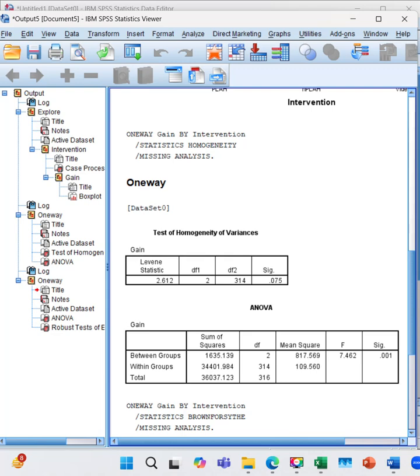So that's it. You've learned how to check for homogeneity of variance using box plots, Levene's test, and alternative methods. Ensuring equal variance is a key step in choosing again your right statistical test and making valid research conclusions, just like your normality test.